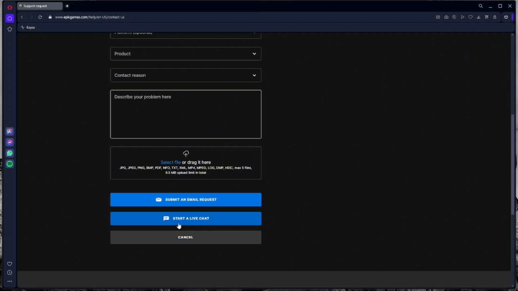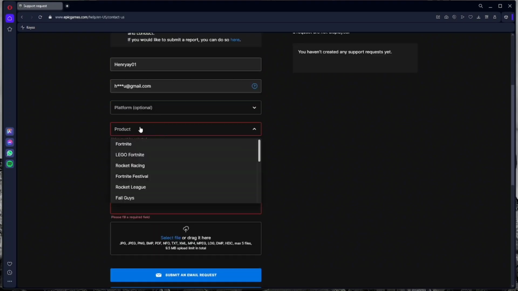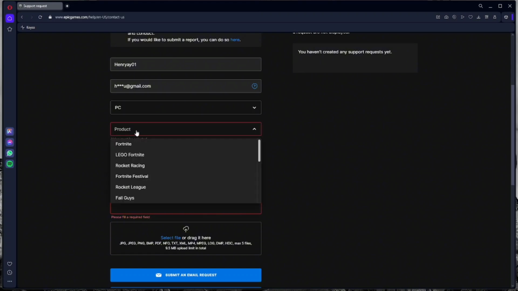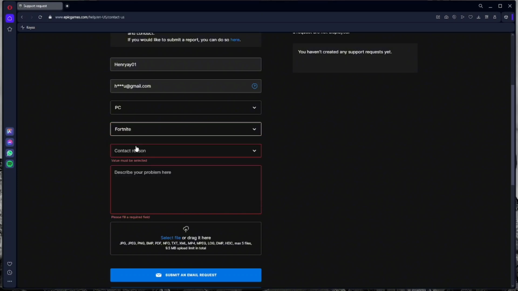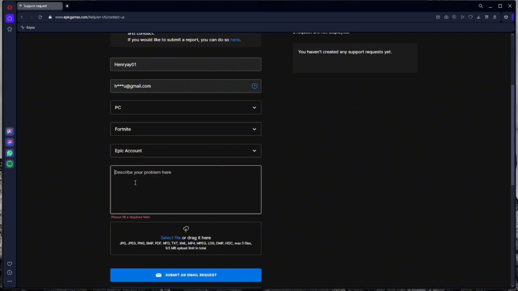But first, you need to fill in all these details first. So for example, is your platform that you're currently using as PC, the product is just input anything here. And for the contact reason, this is really important since you need to click the Epic account and you need to describe your problem regarding the wrong input of age or the change or update for your account information, which is your age. So just submit an email request, and after submitting it, you will be talking to a live